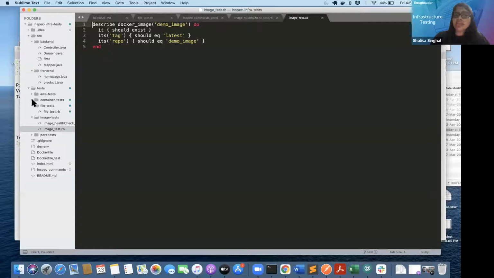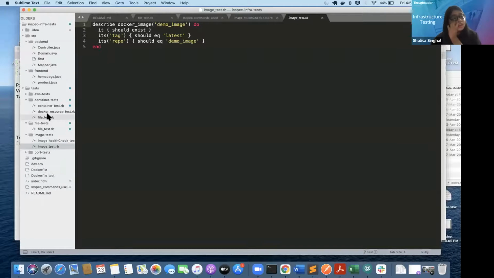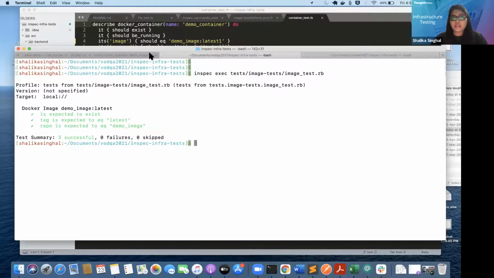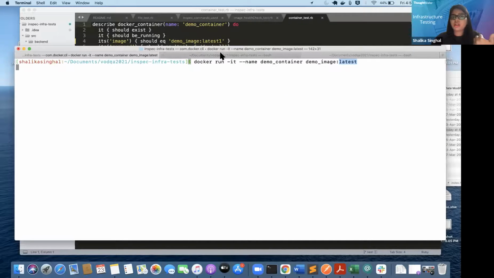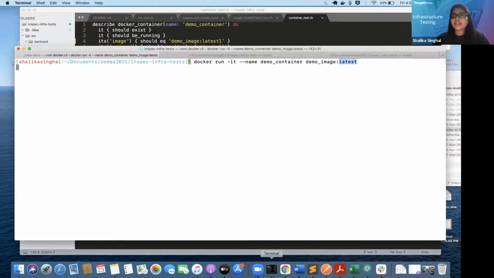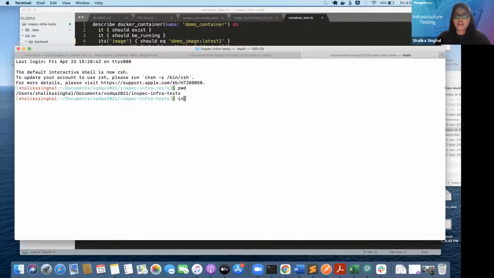Now let's move to the container test. So for the container test, we can see that we are just verifying that first of all, the container should exist, which we have already spun up in this command, where we have run the container from the Docker image file. And now we are verifying that it should be spun up from a particular image, and its command should be this. And when I run this test it should fail, because it says that the image that this container is expecting should have latest as the tag. But we have spun up that image with only latest as the tag. So ideally this test should fail. Let's just execute it to see